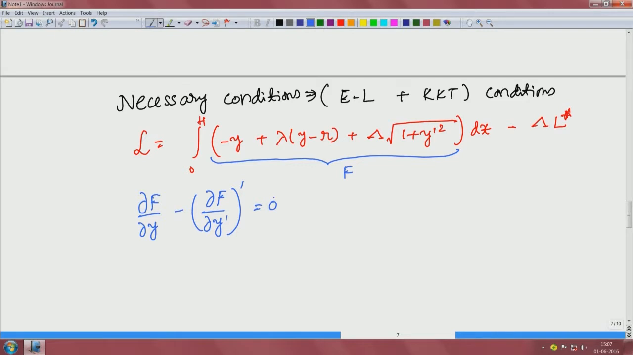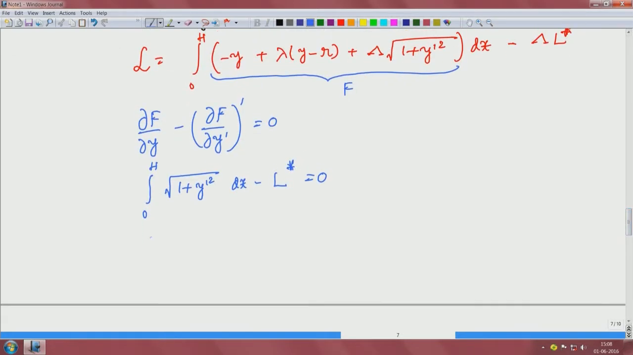We only have y and y prime here in this problem. We do not have y double prime and other things. Okay. That is true. And we also have the constraint. When I write KKT conditions, I have to write the constraint also: integral from 0 to h of square root of 1 plus y prime square dx minus L star equal to 0,